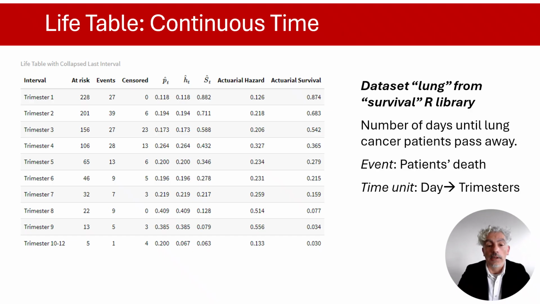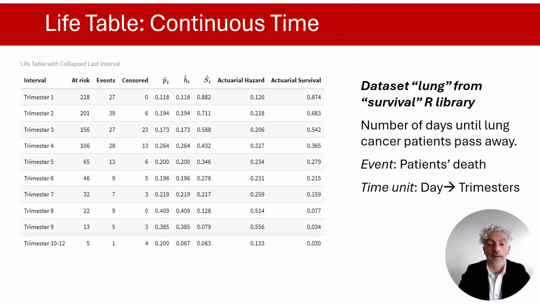Note that the p hat and the h hat are identical in all the rows, save for the last row, because the unit of time here is trimester. So the hazard function is calculated as the conditional probability divided by the interval width, as I said before. But since the unit of time is trimester, the interval width is 1 in all the rows, save for the last one, where the interval width is 3 trimesters. And here I also reported the